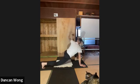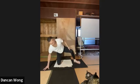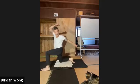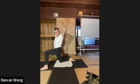Draw the bow back for 5, 4, 3, 2, 1. Might kneel and take, let's take the power pose. Draw back. Pull the front elbow and lunge. Head presses forearm for 5,